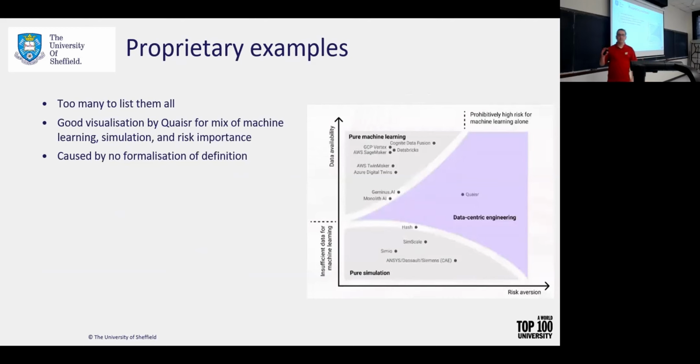So those are some of the broad categories that digital twins could be applied to. When you start looking at actual digital twins, what you'll see is a lot of people are selling digital twins. And so there are way too many proprietary digital twins to list. Last time I saw, there's north of a couple hundred at least. So I found this good visualization by a company called Quasar that is selling digital twins, of course.